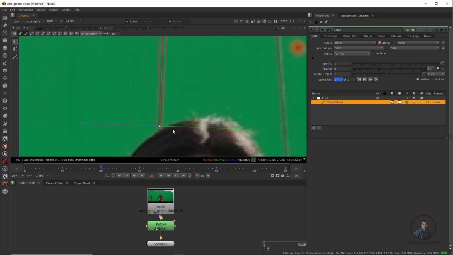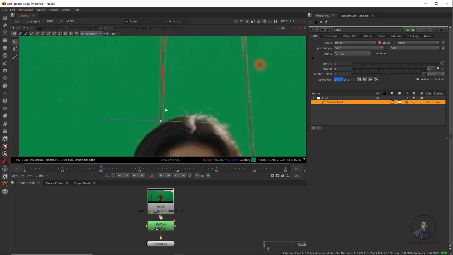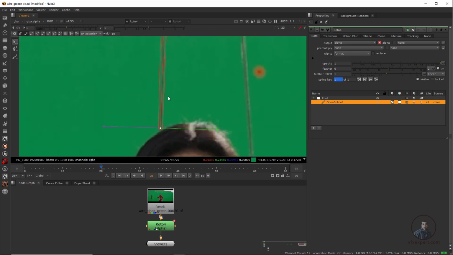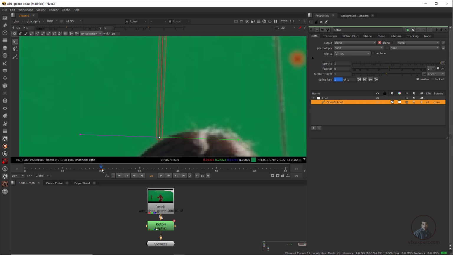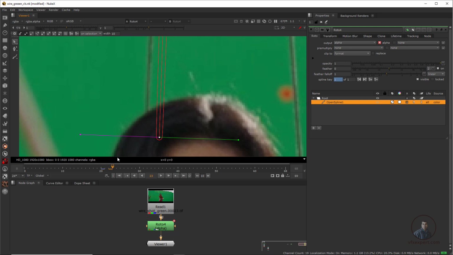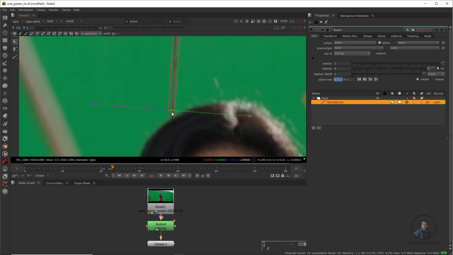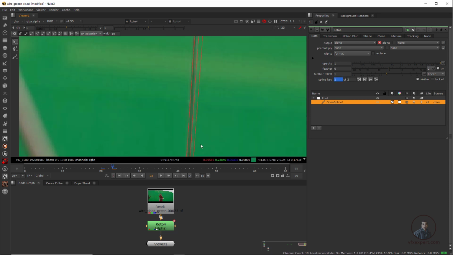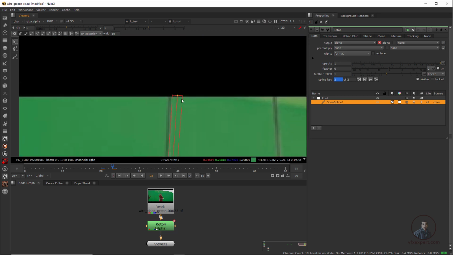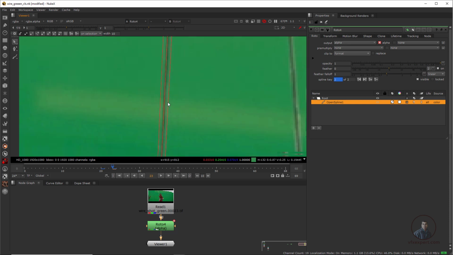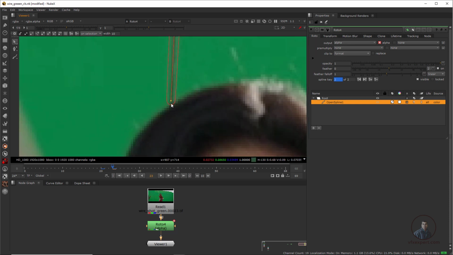Then after this we have to animate these shapes according to our wire positions. We have to check all our frames and adjust this shape in the next frame, and animate according to our wire movements. Now again place it here. This will automatically create a keyframe because this is a roto shape. The middle line we have to place exactly on our wire.